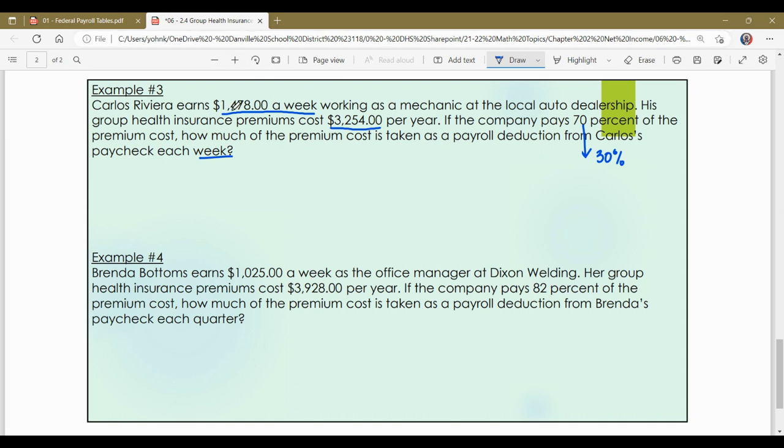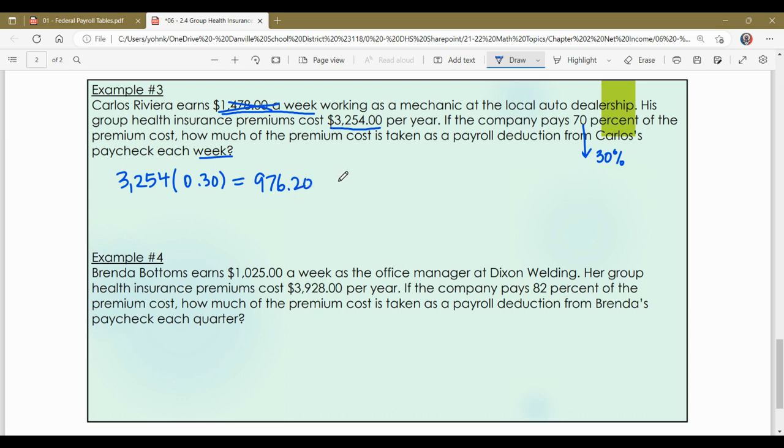Now, my paycheck is already in terms of a week, and they want to know what the deduction is per week. It really doesn't matter how much he gets paid a week, because the only way that you figure out health insurance is by knowing the price of the plan, not the price of the paycheck. So I need to take $3,254 and I need to multiply it by 0.30, since Carlos is paying 30% of the plan. That's